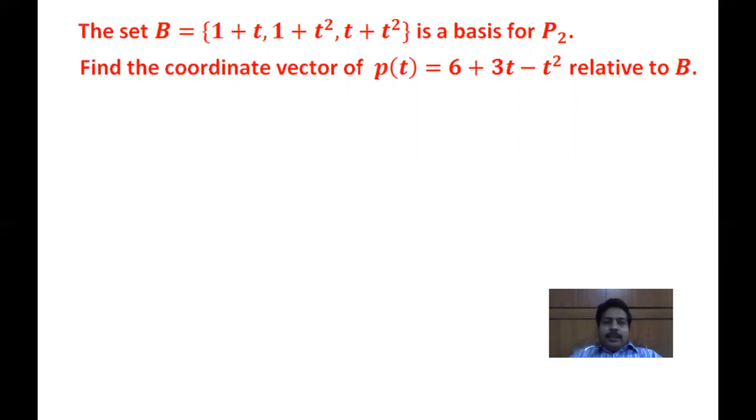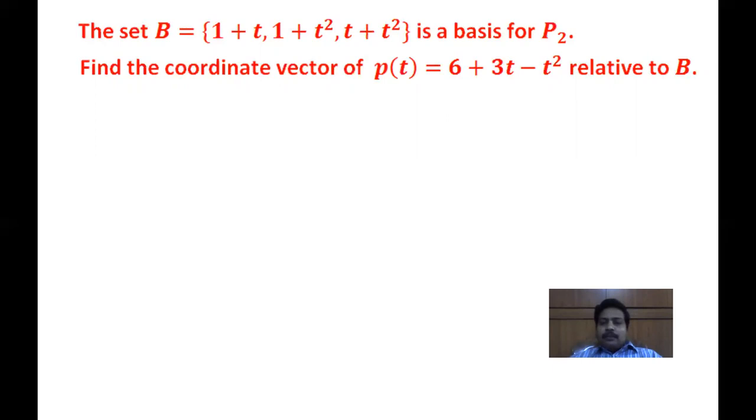The set B is equal to {1 plus t, 1 plus t square, t plus t square}, a basis for P2. Find the coordinate vector of p(t) is equal to 6 plus 3t minus t square relative to that basis B. So we know that P2 is a